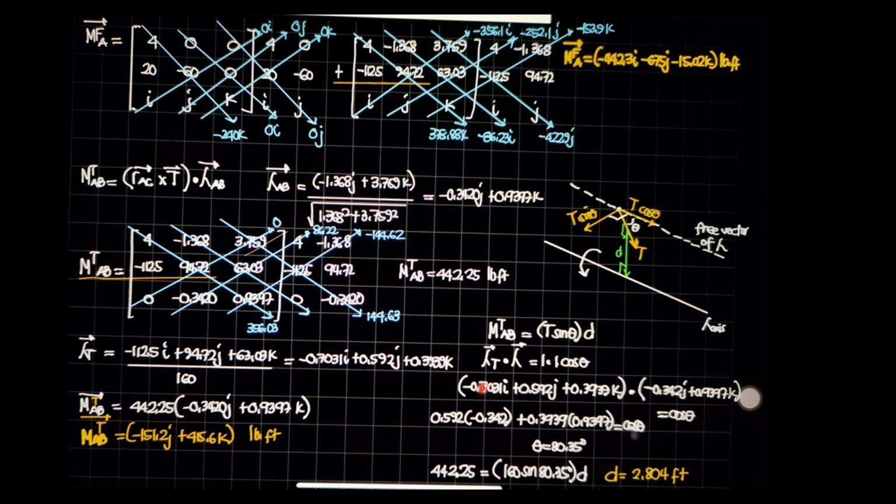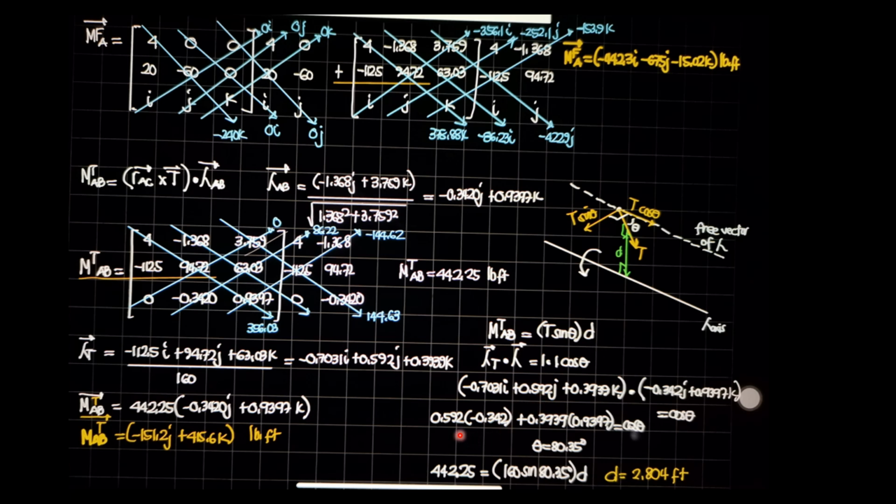So this is the unit vector of the tensile force. These are the components of the force. Divide by magnitude of the tensile force 160, you'll get negative 0.7031i plus 0.592j plus 0.3939k. And substitute here, then dotted with the unit vector of the axis, negative 0.342j plus 0.9397k. Obtaining the product, so we have